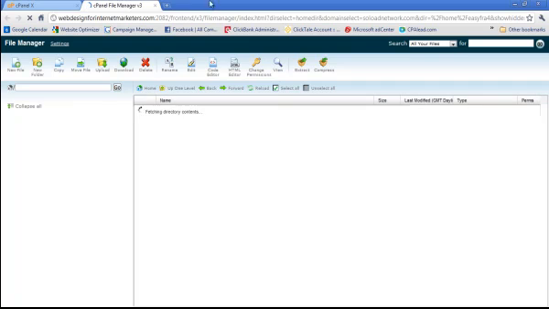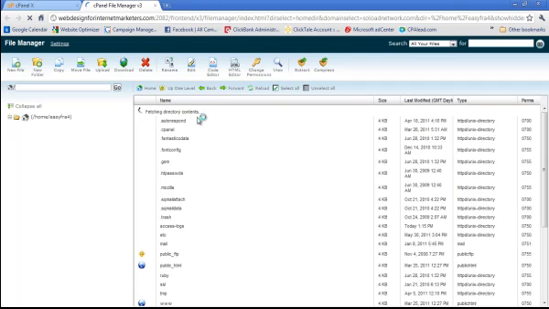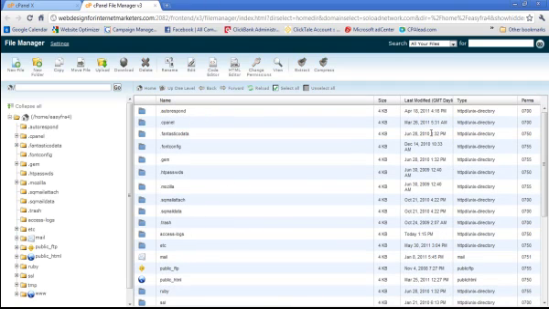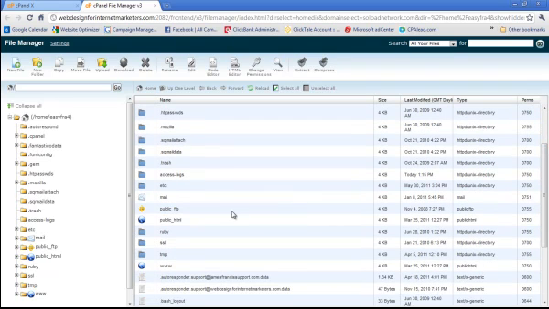And if you have more than one domain, you may have to select which domain name you want to go on, but for me here, let's just scroll down and explore this. So what we need to do first, before we go into anything or upload any kind of files, we need to go into the